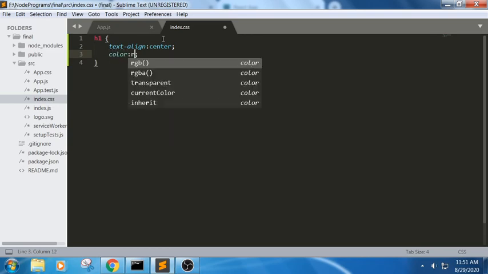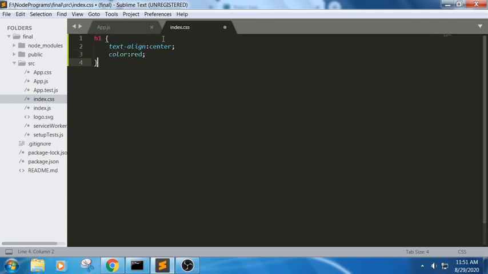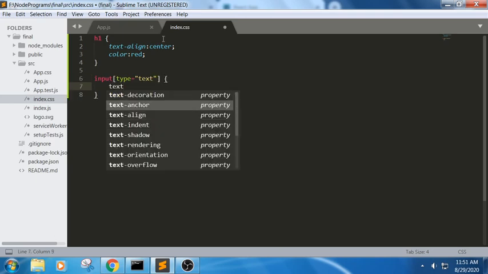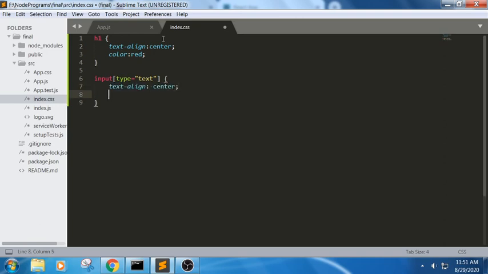If you are unable to understand this concept, I have provided the complete list of tutorials we need to go through. Just complete those series of tutorials, then you will understand what we have been doing here. Input type equals text, text-align center.